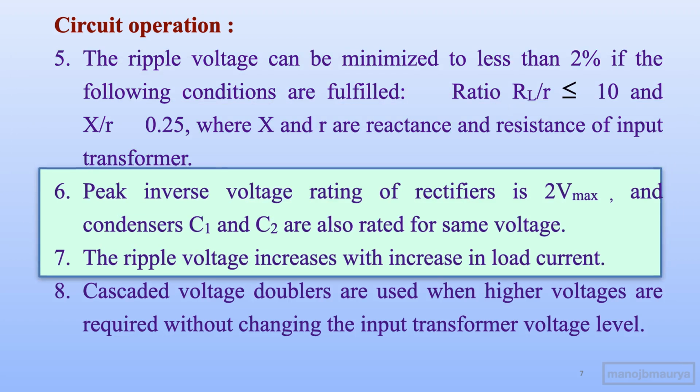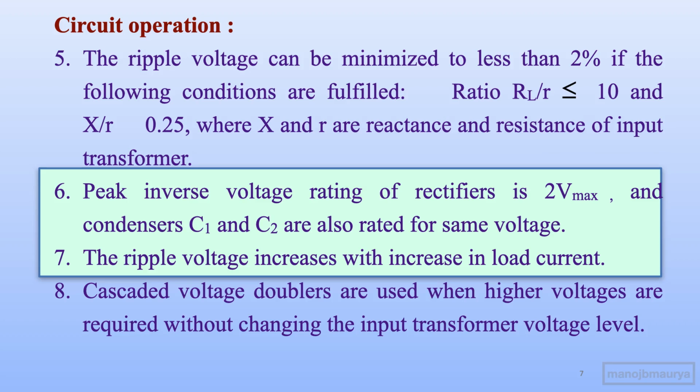Peak inverse voltage rating of individual rectifier should be 2 V max, and condensers C1 and C2 are also rated for the same voltages, that is at twice V max. 7th point